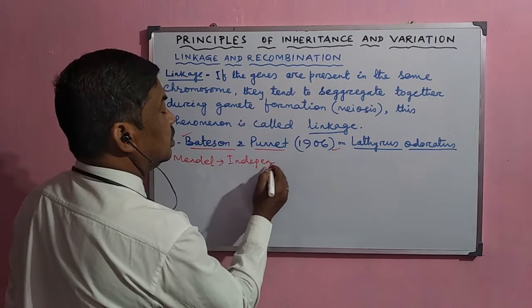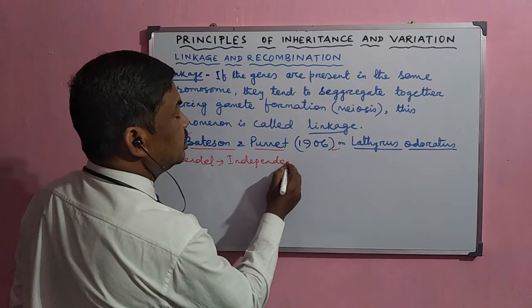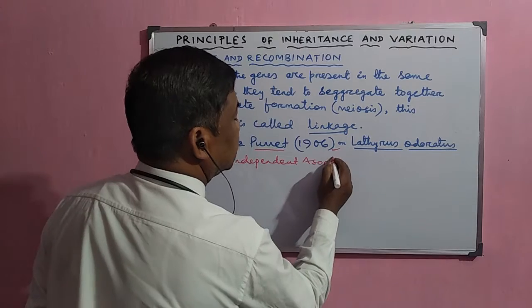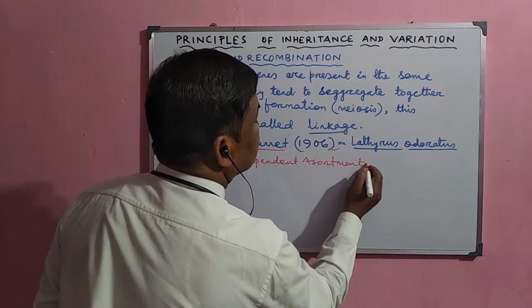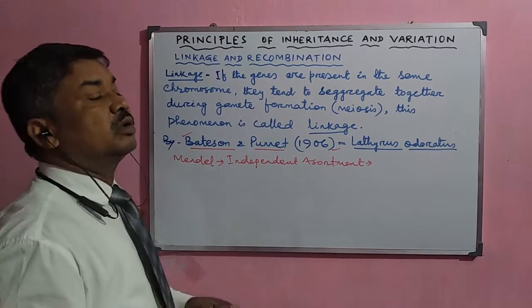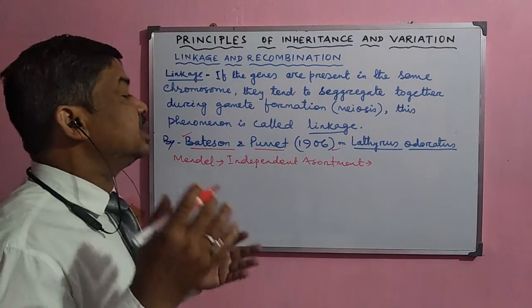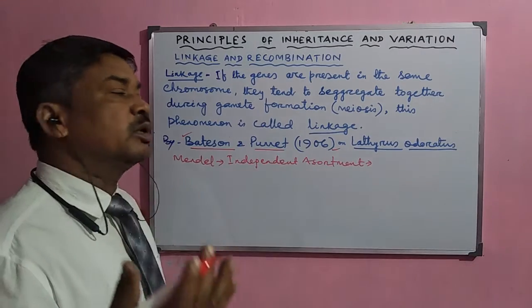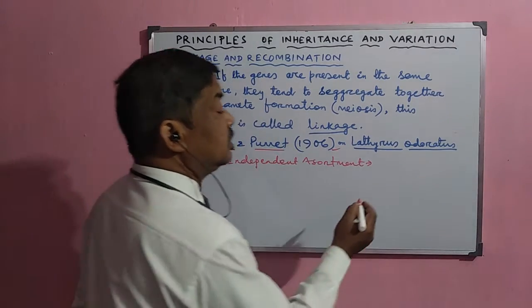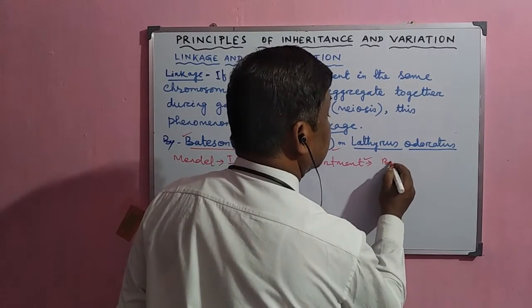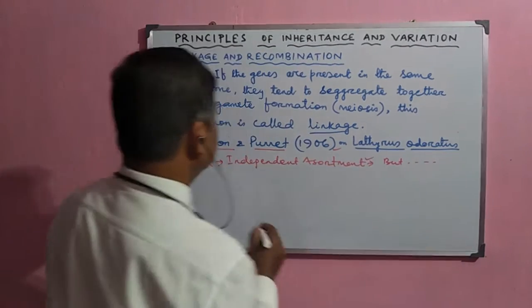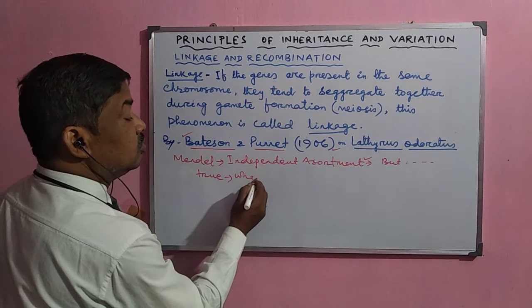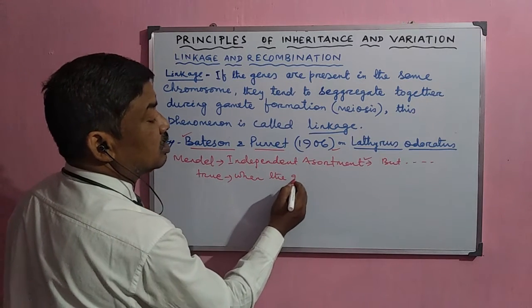According to his independent assortment, the genes segregate or separate from one another independently during gamete formation. But this law of independent assortment is only true when the genes are